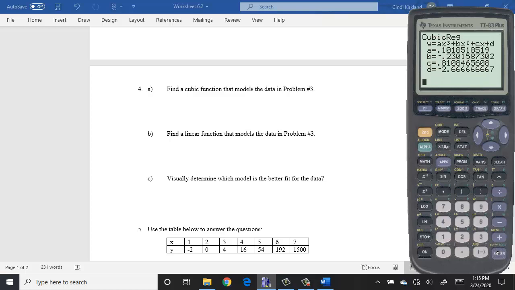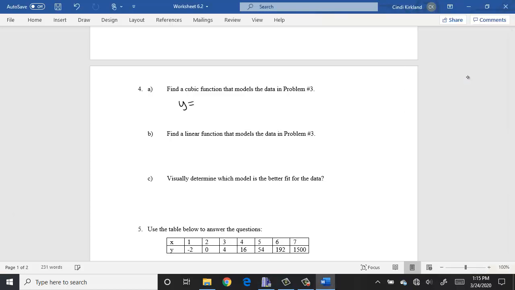We're going to round to 3 decimal places. Actually, let's round to 4. So 1.1018, I look to the right, that's a 5, so that's going to round up to a 9. I go to my 4th decimal place here, which is a 1. I look to the right, since that's a 5, it's going to round up to a 2. 8108, I look to the right, that's a 4, so that's going to remain an 8. 2.666, I look to the right, since that's a 6, that's going to round up to a 7. So my values here would be y equals,